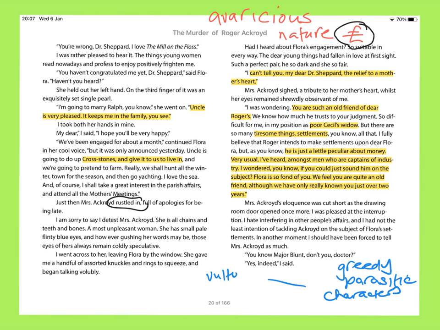So she wants to know about Roger's intentions in terms of whether she is in line to inherit money. And she'd happily have Dr. Shepherd exploit that friendship for her own gains, for her own financial welfare. So, if we're ever talking about veneers and the supposedly respectable nature of these people, Mrs. Cecil Ackroyd in Chapter 4 is a great place to come to disprove that.